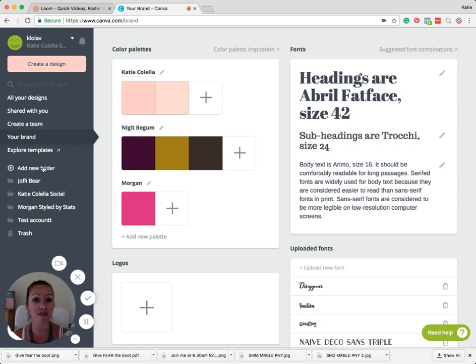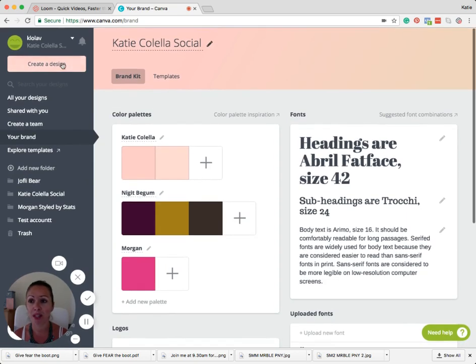So you can create folders as well in Canva. If for instance you have different clients like myself that you work with, I can have different folders such as these. I won't go into those right now. So if we go back to create a design,